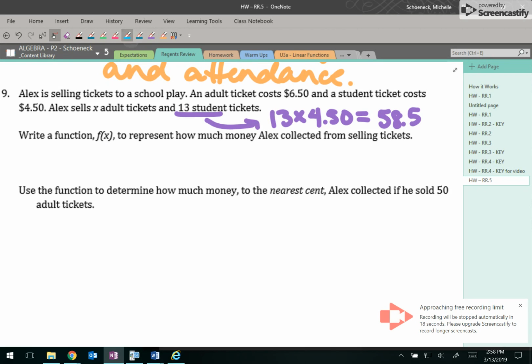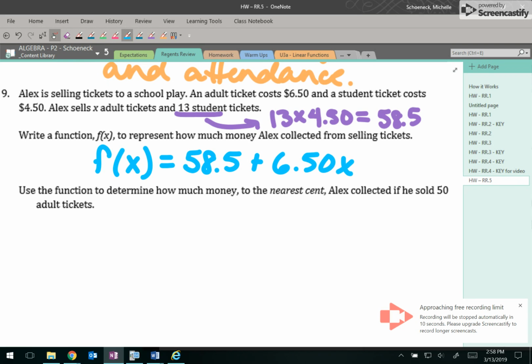So we're going to do f of x equals our starting value, 58.5 plus 6.50x. Use this function to determine if he sold 50 adult tickets. So we want to look when x is 50, and that is